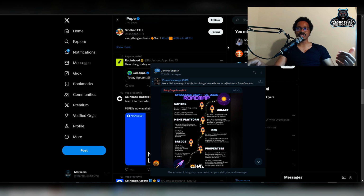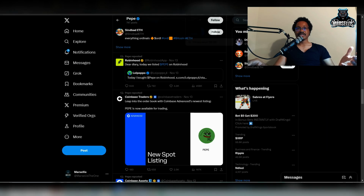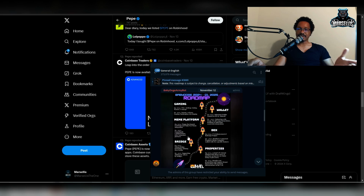We just need to transition, because if we don't, then eventually we're just going to get left in the dust. And that's essentially what has been happening. We've just gotten left behind. So as you can see here, they're talking about the bridge. The Solana bridge is going to be done by the end of the year. That's what they're saying. And then the Base bridge, for Coinbase, I believe they said was going to be, I